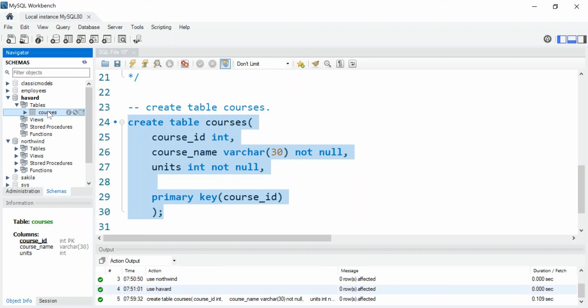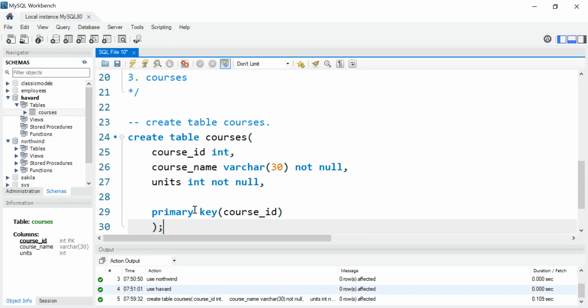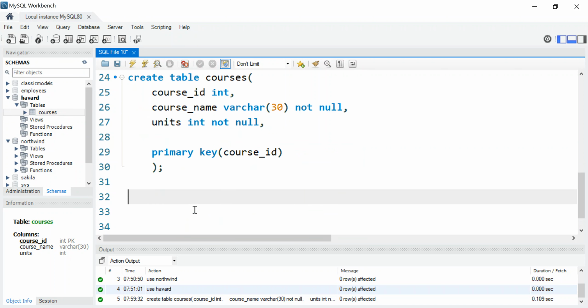So I click on this now. We have course ID, course name, and units. And they have the exact constraints that we've given to them: integer, primary key, varchar 30, and int. But the table is empty for now. So let's move on. Let's create our second table,